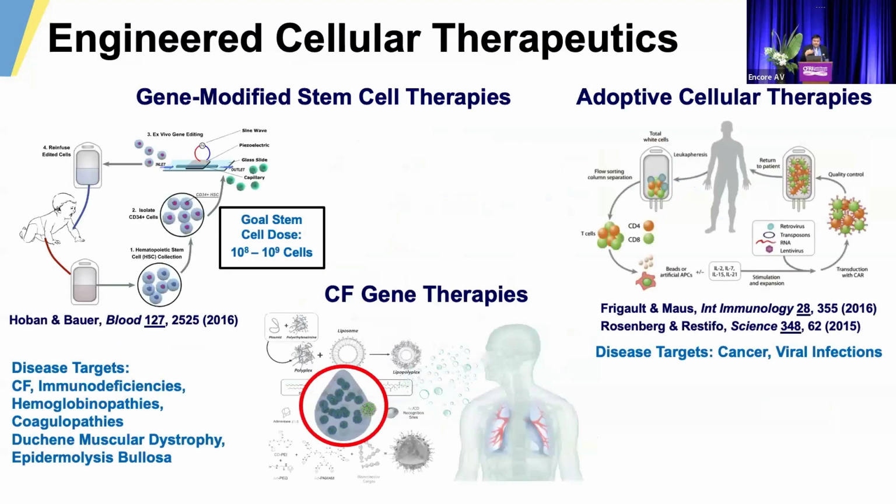So when we think about emerging successes in developing an engineered cellular or gene therapy, really the thread that connects these areas together, whether you're talking about a CF gene therapy or exciting developments in my clinical specialty of immuno-oncology, harnessing the immune system to attack a cancer, or in gene-modified stem cell therapies that are being applied for patients with hemophilia or sickle cell disease, is that at some point, for a lot of cells, and in some cases hundreds of millions to billions of cells,